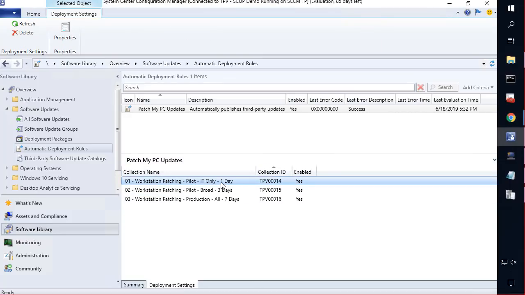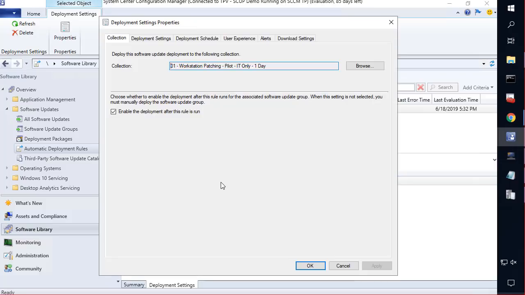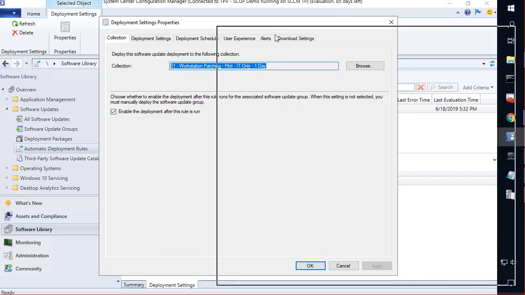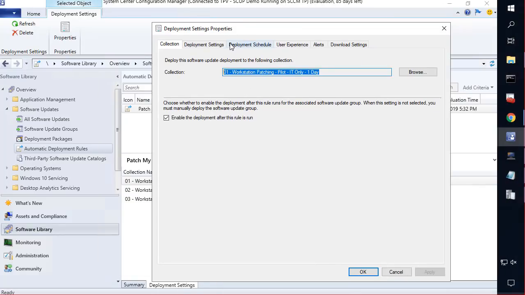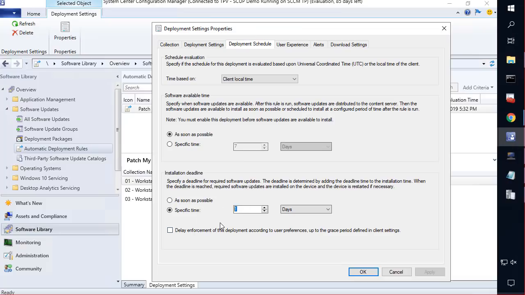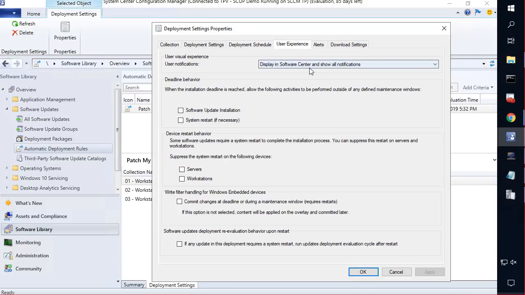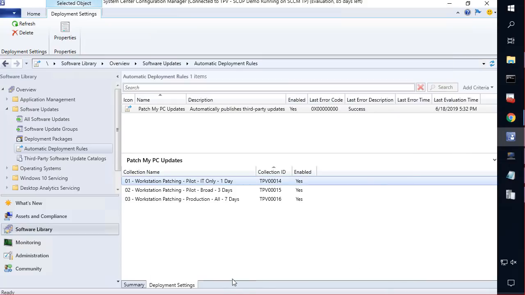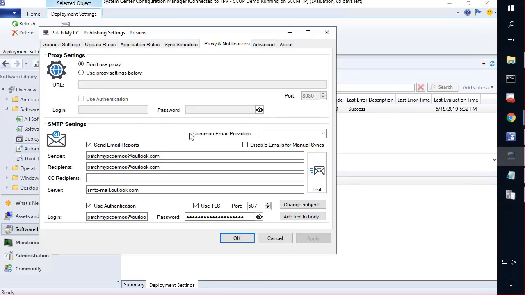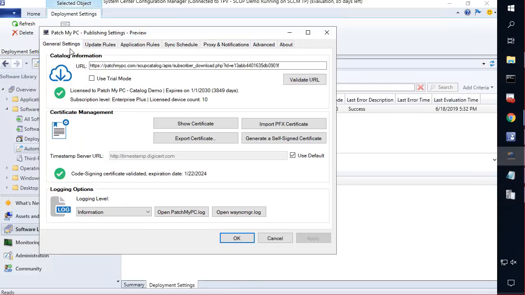So within that ADR, we also have all the same deployment functionality that you would expect to be using today. For example, you can choose what collection you want to target. This is one of our 3 deployments going to a pilot group. You can choose your deadline when you want to force it to install. The same customizations, like do you want to show it in Software Center, do you want to abide by maintenance windows and restarts. So everything from the deployment perspective, once you've automated the publishing from our tool, and once you've